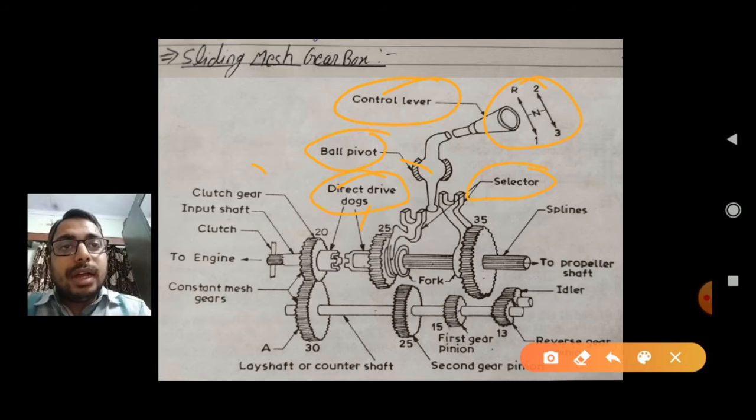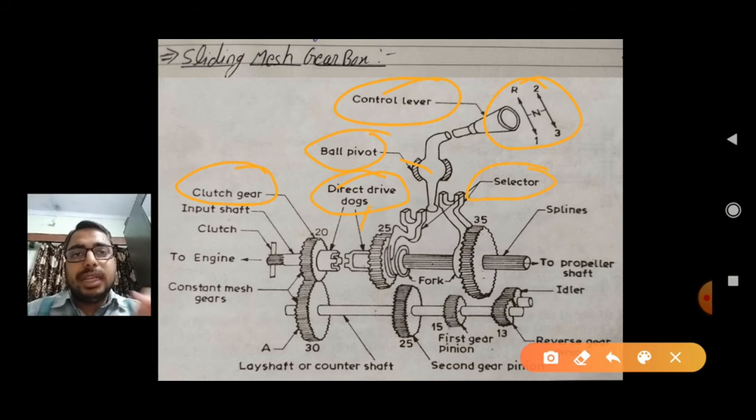Further, the clutch gear. Clutch is a device which I will explain further in the next topics, but here I will just give you slight information about the clutch gear. Clutch gear is a type of gear which is used to engage or disengage the engine to the gearbox. When we want to engage the engine with the gearbox, the power generated in the engine or crankshaft is transmitted to the gearbox, and then the engaging of the clutch takes place. When we want to disengage the system, we press the pedal and the system is disengaged.